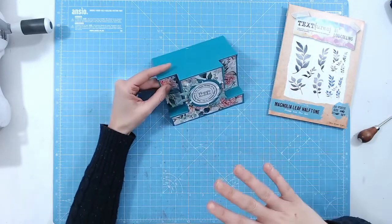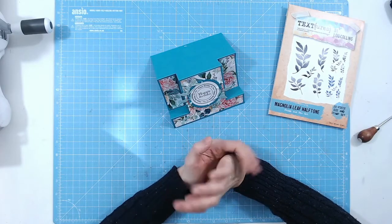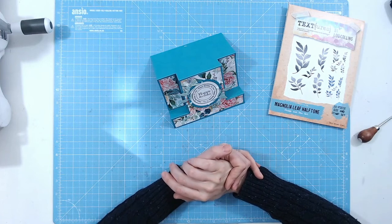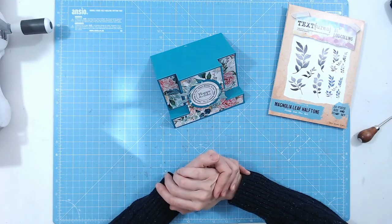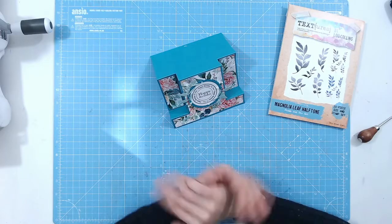So there we go, a nice simple and really quite an old template there for you, but if you are new to card making, you may not have come across it before, and of course templates are the easiest way for you to get crafting straight away without measuring and such. So enjoy using this template,